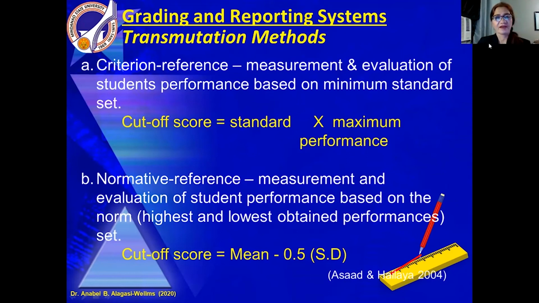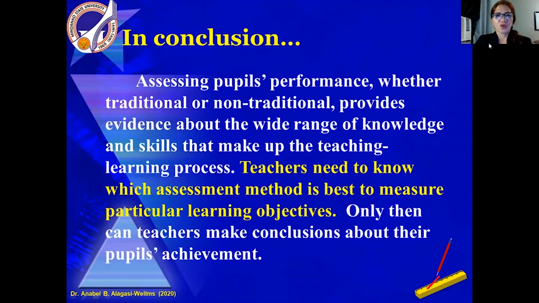And then from there, from the cutoff score, you decide how you distribute the levels of grades in the school that you are in. So different schools have different grading systems. So you have to adjust. You have to make the necessary adjustments in the transmutation of scores into grades. All right. So that's more or less all the topics about